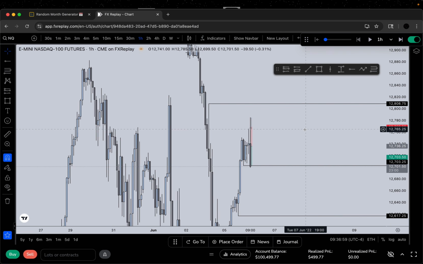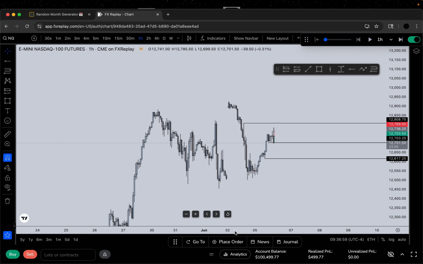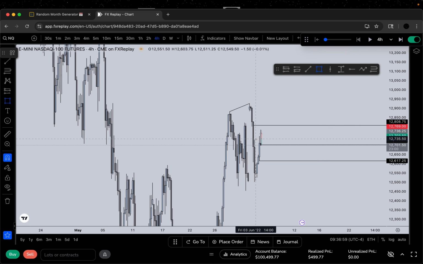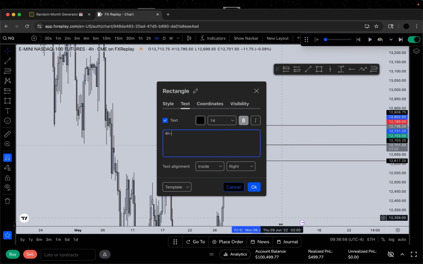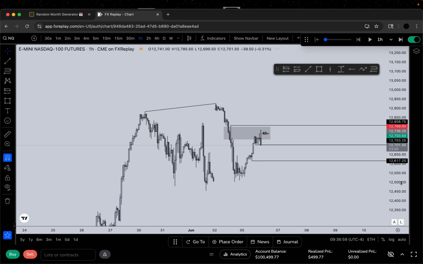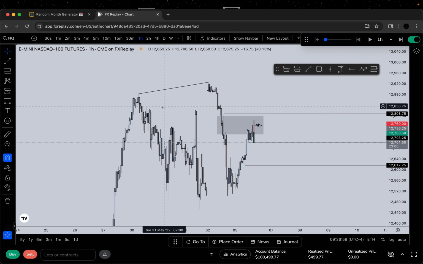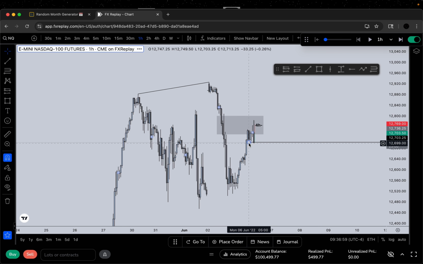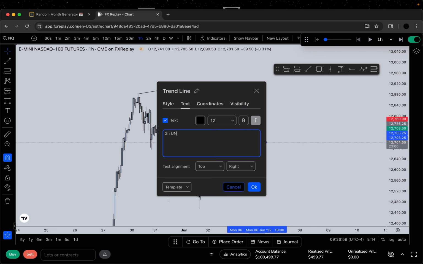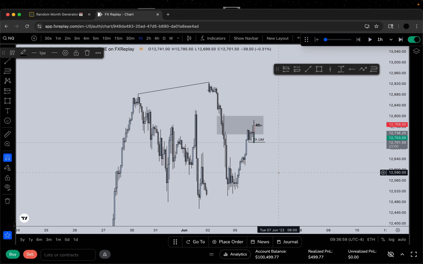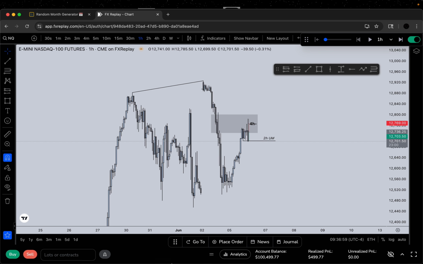I'll just mark out, right? So we have LR on both sides, but this is obviously a better liquidity call because we SMT right here. And then we'll mark out this 4-hour gap. So 4-hour minus right here as my key level. We have an SMT here, and I'll understand that this is SMT. Anytime I draw a high like that, it's always because of SMT. And then right here, 2-hour, I'll put UM for unmitigated, just so I know what that is. So this is going to be my high time frame.